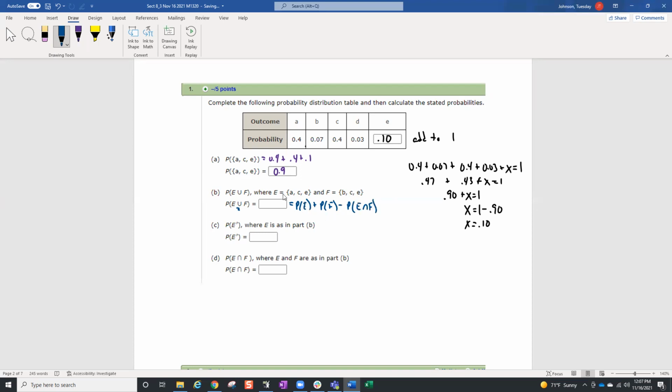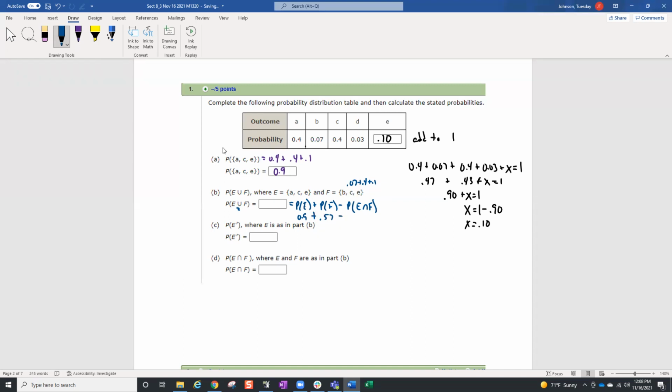We already know that the probability of ACE is 0.9. F is BCE. Well, BCE is 0.07 plus 0.4 plus 0.1. B, C, and E. So 4 and 1 make 5, so that's